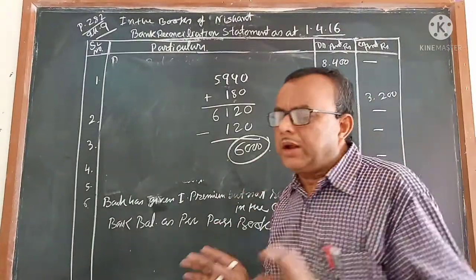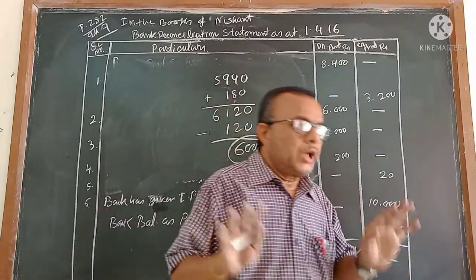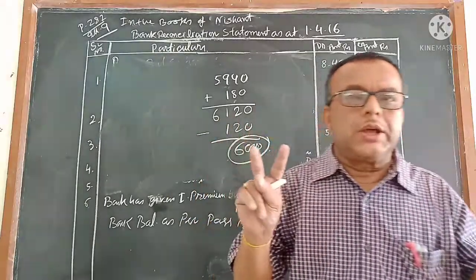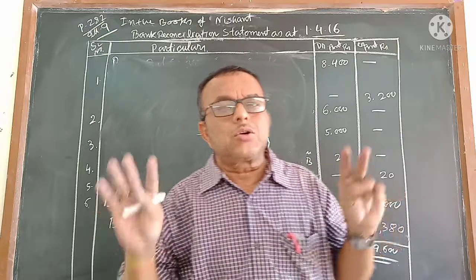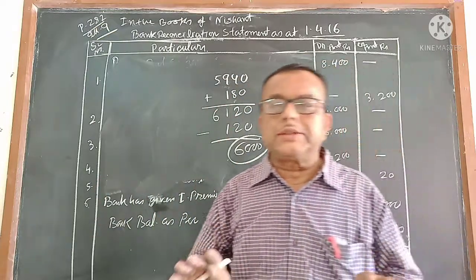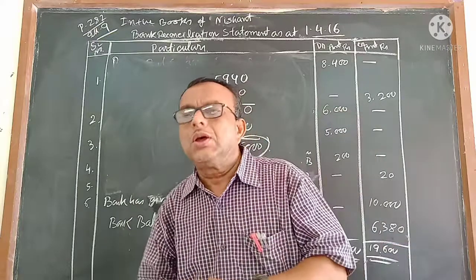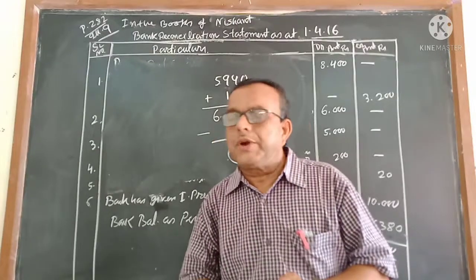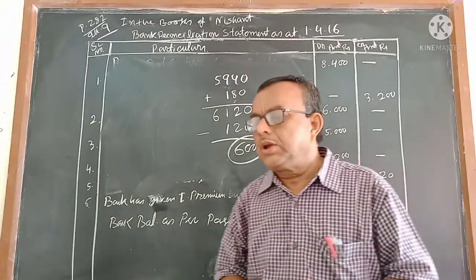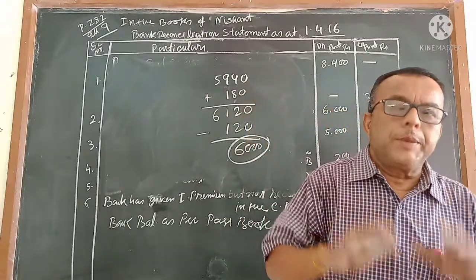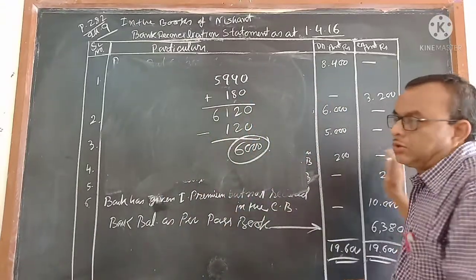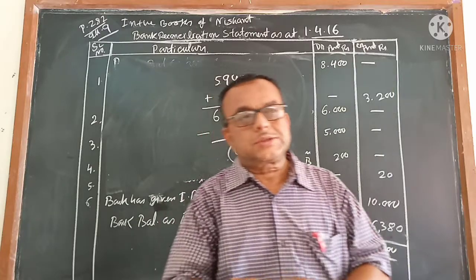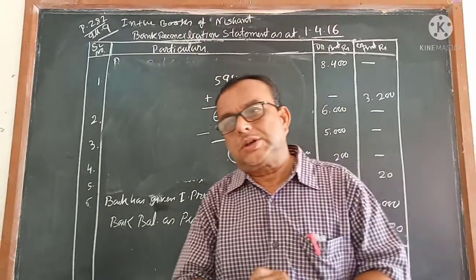Overall idea about the bank reconciliation statement I already told you: follow only the things which you have to keep in mind. Two books are there. In the two books, which book has recorded it and which book has not recorded it. It will be debited in the cash book but not credited, or debited in the passbook but not credited. Like that it will go on, and you have to find out where it is debited or not credited, or where it is credited or not debited. If not debited, write in the debit column; if not credited, write in the credit column. Do what is not done. This is called BRS. One more illustration as well as the exercise I will explain in detail.